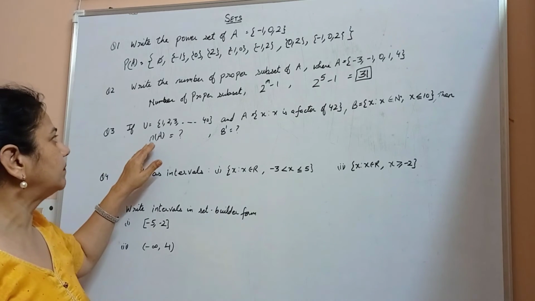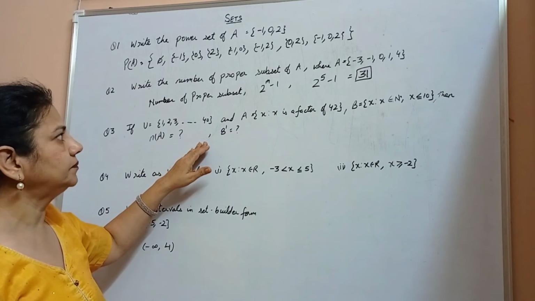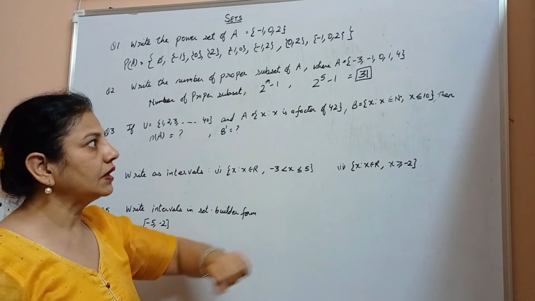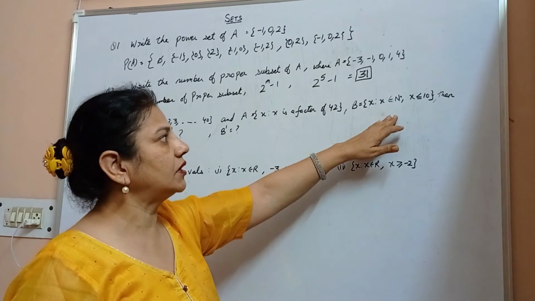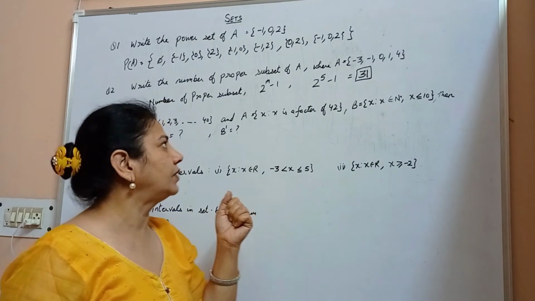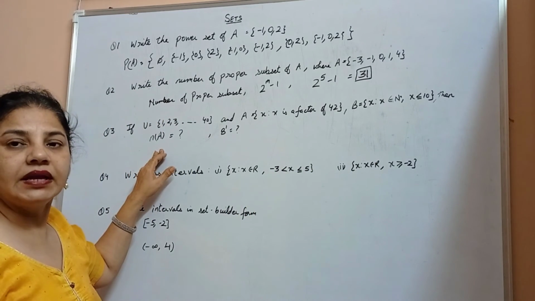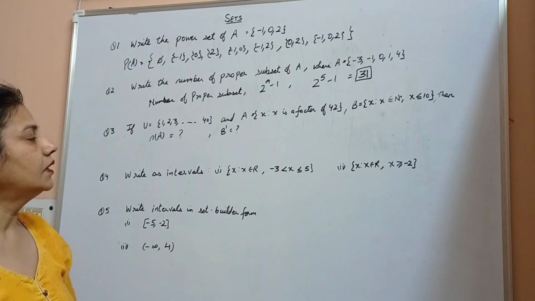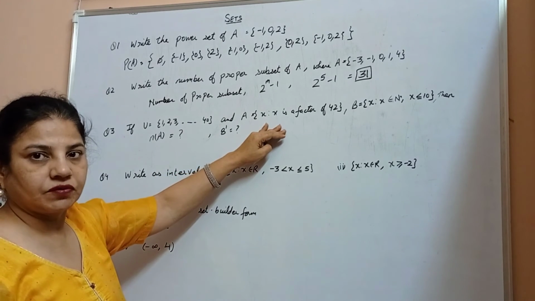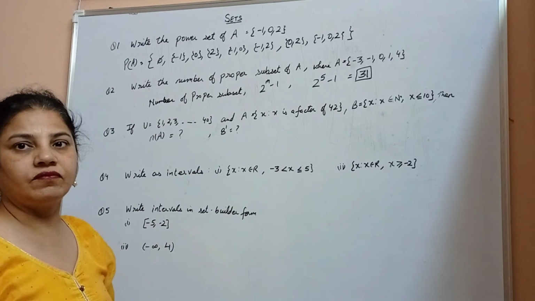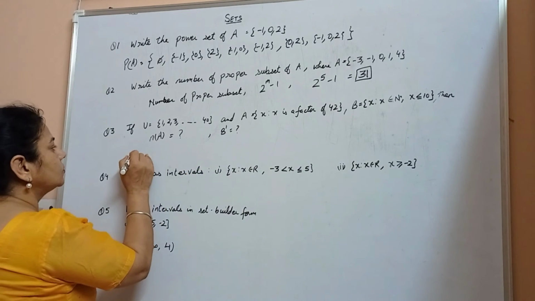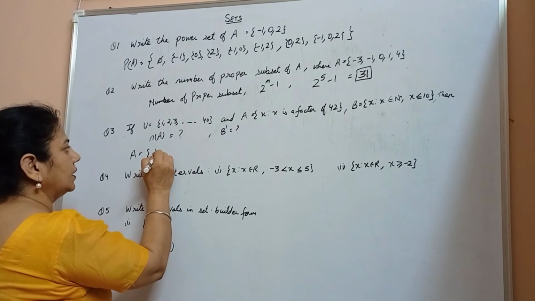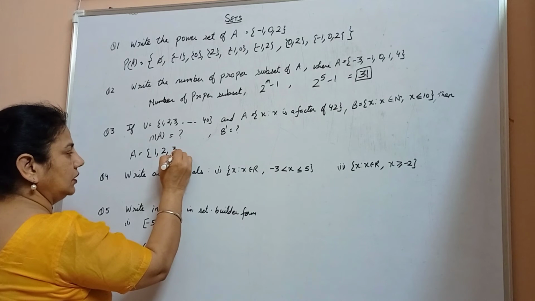If the universal set is given as 1, 2, 3, 4 till 40, A is a set such that x is a factor of 42, and B is a set such that x belongs to natural numbers and x is less than or equal to 10, we have to find the number of elements in set A, or you can say the cardinal number. First of all, I will write this in roster form. x such that x is a factor of 42. So set A is equal to, I will write all the factors of 42: 1, 2, 3,